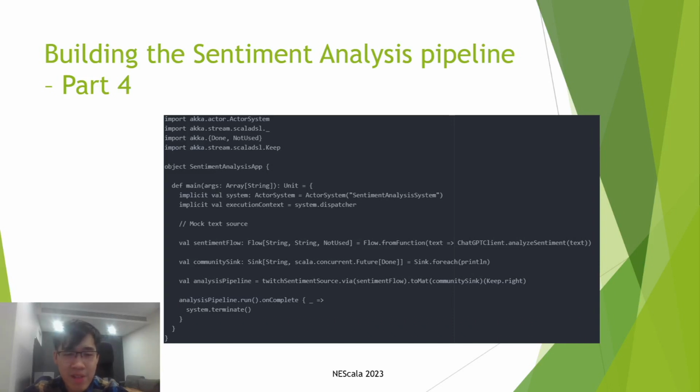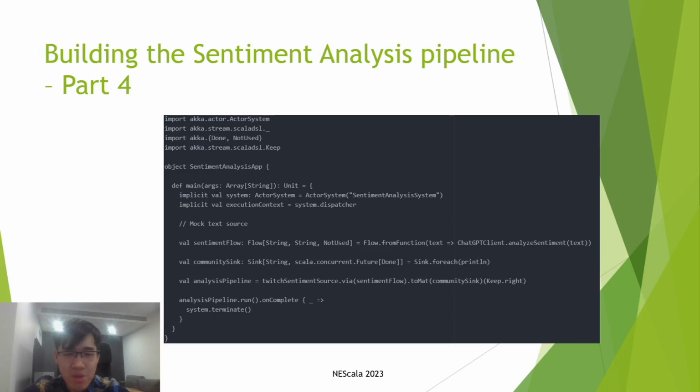And finally, this is where we feed the data. In this scenario, we're taking in data directly from our provider. So we're just taking in data that has already been aggregated for the purpose of this demo. Here, we have declared that we want to have a sentiment flow. This is just taking in a flow, going from a function, mapping text to the ChatGPT client to be able to execute the analyzed sentiment text. And afterwards, we then declare a sync, which